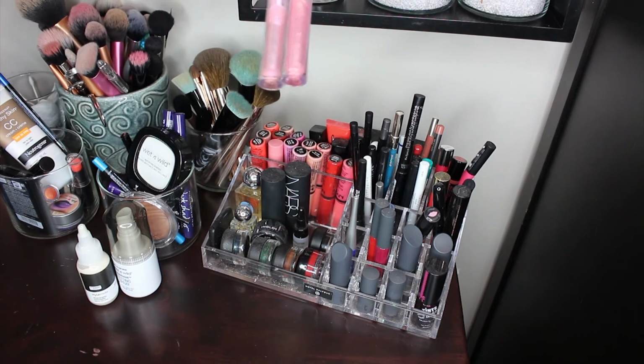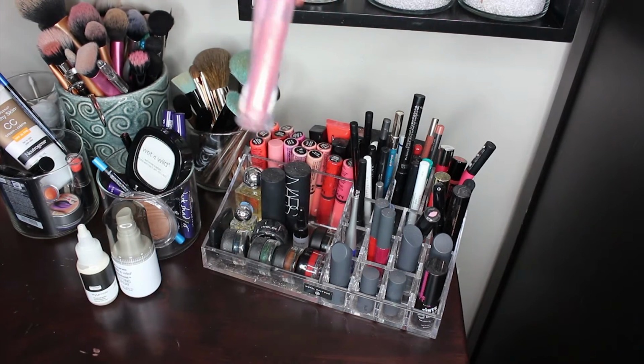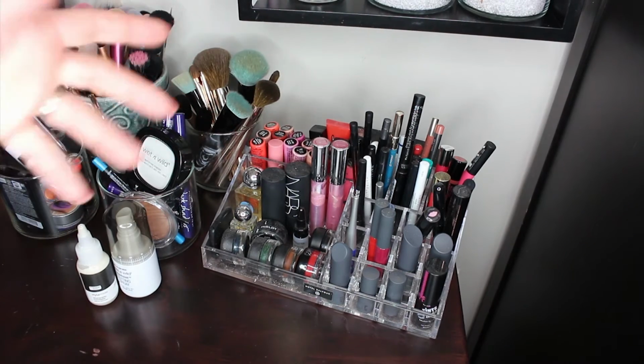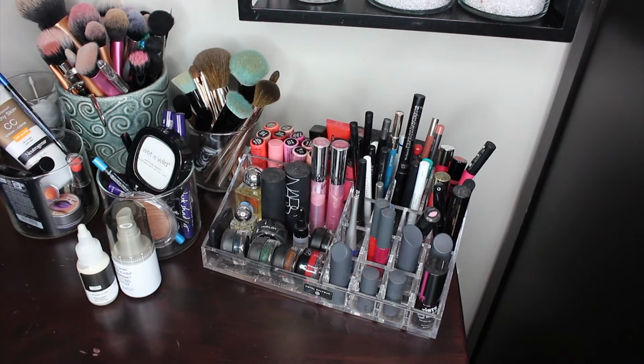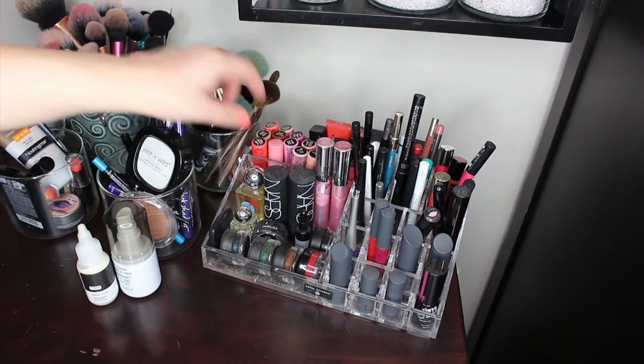And then these 2 Sephora, they're kind of like holographic duochrome. These are crazy. Like, these are crazy good. They're so reflective, and so I like the fact that it kind of glows on my lips. So I have those. I have 2 NARS multiples back here, a Lit Glitter Glue, which I'll show you my